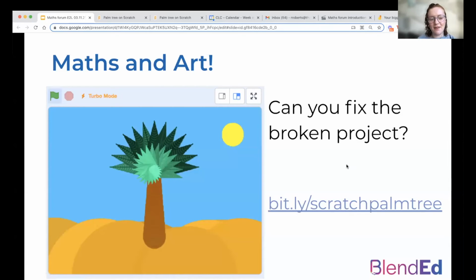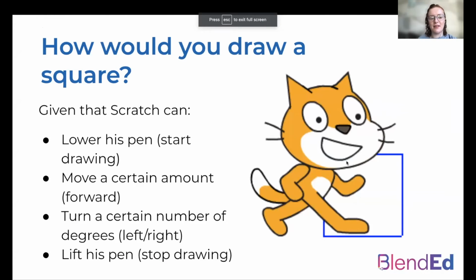So that's a little bit of an example of how you might use Scratch and drawing to explore geometry. There are some slightly more simple examples here as well, and I will send you these slides after today. So I'm going to just whiz through them a little bit, but just to give you an outline. If it's something that you'd be interested in exploring more, then do feel free to look back at